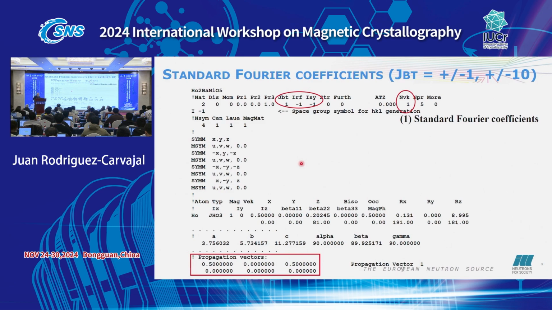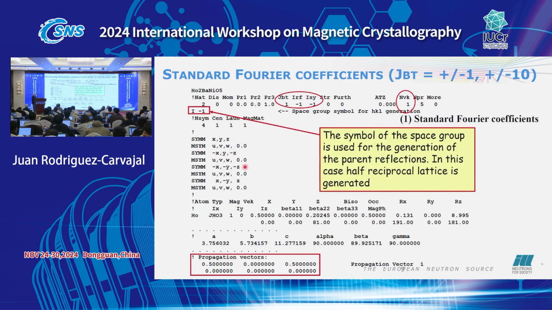One important thing is that, for instance, when you have a situation like that, one single propagation vector, in many cases these matrices correspond to the rotation matrices of the Shubnikov group, of the magnetic space group, described in the unit cell of the parent, like in the OG settings. It is equivalent, but instead of using time reversal, we use the propagation vector. It's the same.